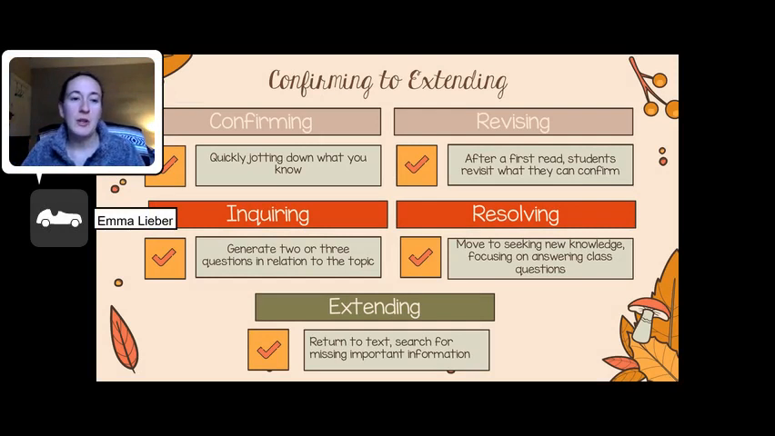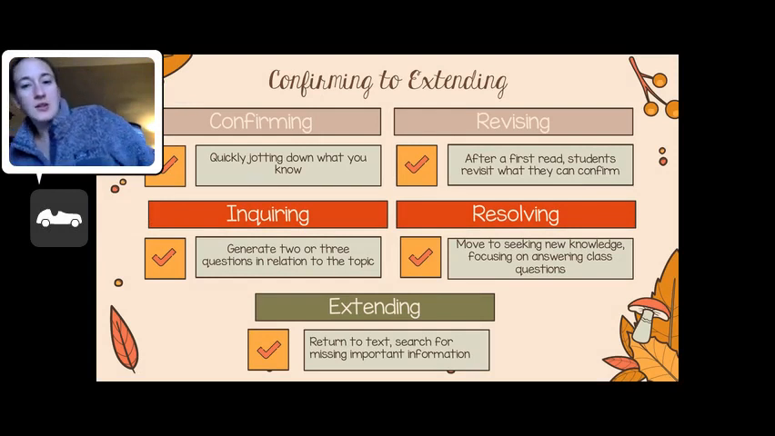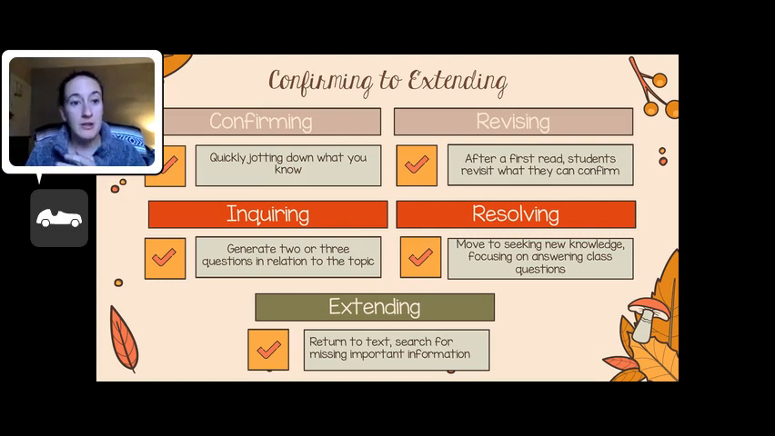The first reading strategy that we are going to talk about more in depth is called confirming to extending. This is a reading strategy that correlates nicely with brainstorming. So this is a front loading reading strategy. This is something you can do with your students to ensure that they have the prior knowledge before reading a text. So they're going to really be able to organize their thoughts and ideas and then really dive into a